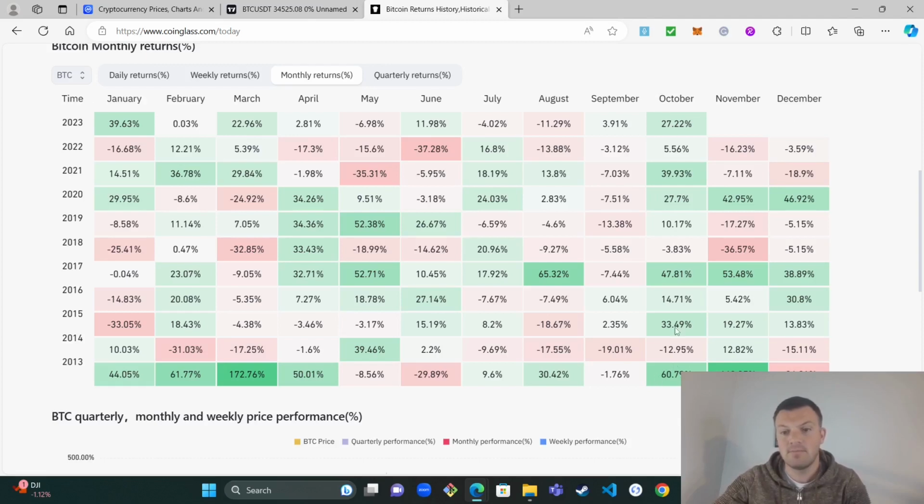So again, October is always, that's why we call it Pumptober or Uptober. It's usually a really good month, and this is exactly what's happened. We've got 2 more days of October, so anything could happen, but generally speaking, I think we're going to close around the 30% mark going into November. So what's interesting with this chart is the Bitcoin halvings. The first halving was back in 2012, and it was in November. We don't have the year of 2012 here, but it was 2012 November,